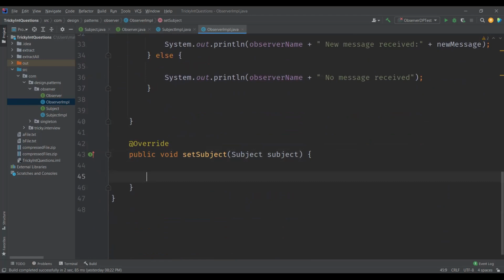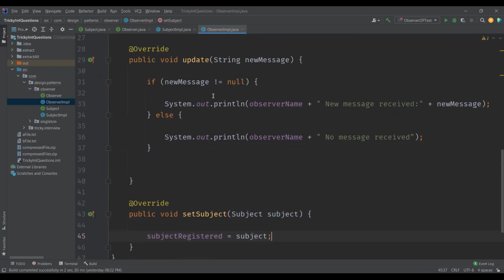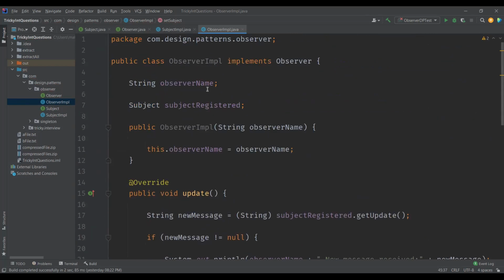And set subject is a method where we associate the subject to this observer. For this, we just need to assign subject registered with the subject. So this completes the implementation of the observer class as well, which is implementing the observer interface, right? So this completes the entire design pattern.